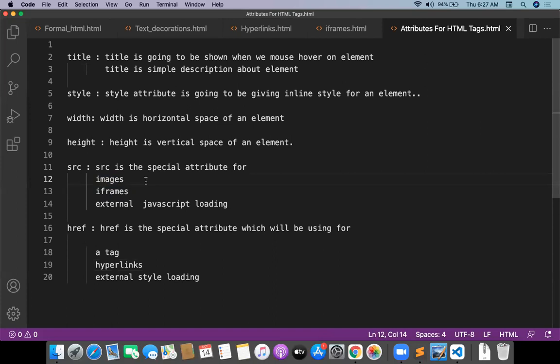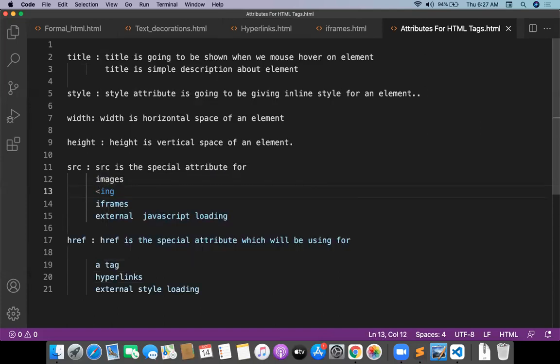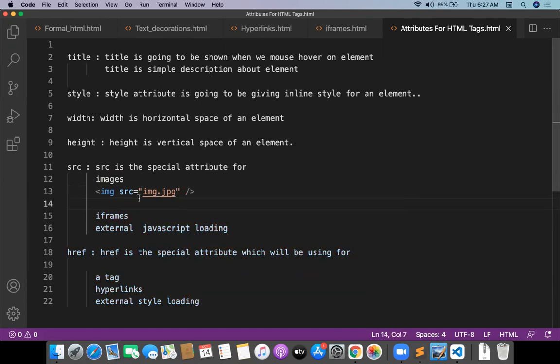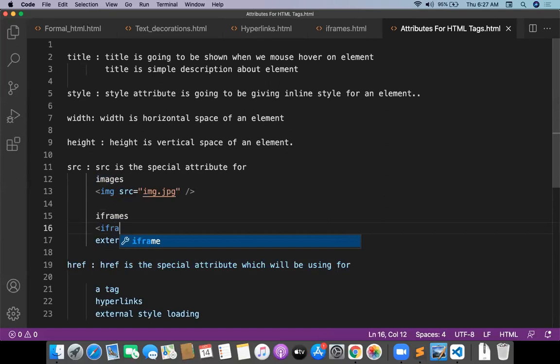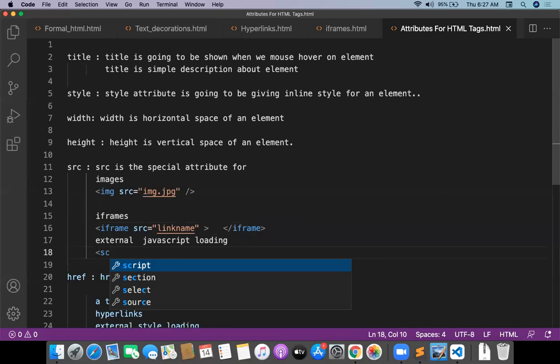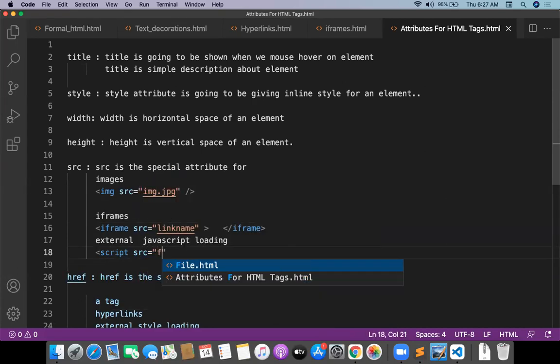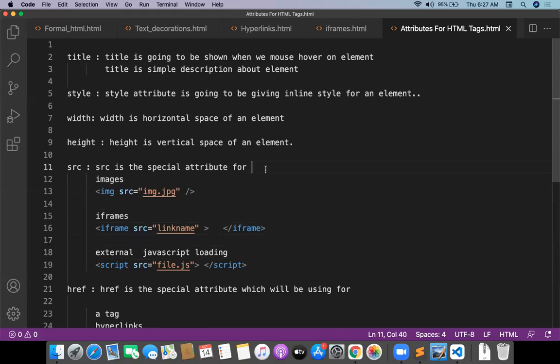So for example, I'm writing all these now. img SRC is equal to image.jpg, something like that. For iframes, very simple: iframe SRC link name. For external JavaScript, a script SRC is equal to something like file.js. Whenever you load external JavaScript, you have to go like this.